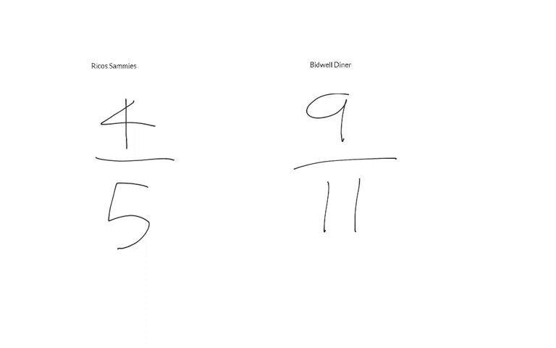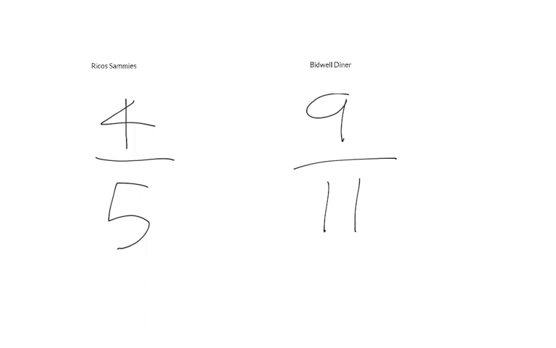So 4 out of 5 is to 9 over 11. And to me, it makes the most sense to bring these into like terms. These bottom numbers here, I want these to be the same so that I can compare the difference between the top and bottom